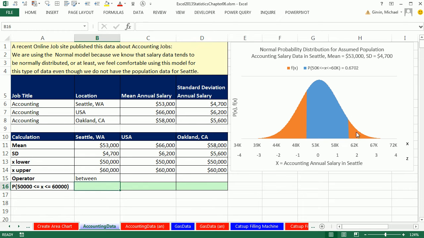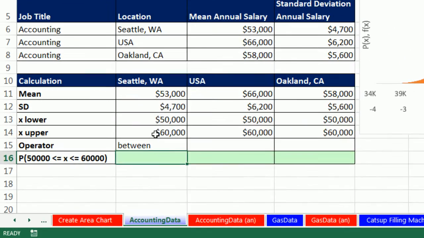Now here's a chart just for the Seattle data. And as we talked about earlier, when you're doing between probability, we're going to take the area all the way from the low end all the way up to the biggest x. And then we're going to subtract all the way down here to the second x, that area. Subtract those two areas, and we'll have our answer. Equals